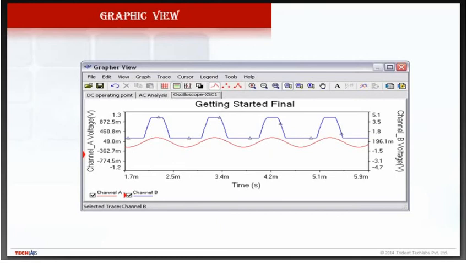That is the graph view of the characteristics in the oscilloscope. Not only that graph view, we can save that graph. We can even collect the data points and export them into Excel format. We can get all the data points according to the graph.